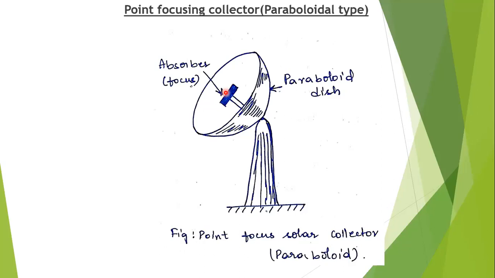There are totally 3 types of such collectors. The first one is the linear focus collector in the form of a parabolic trough. Okay, the first one is the linear focusing collector. This is employing mirror strips. Faced mirror strips means we can arrange adjustable mirrors oriented in the sun's direction.